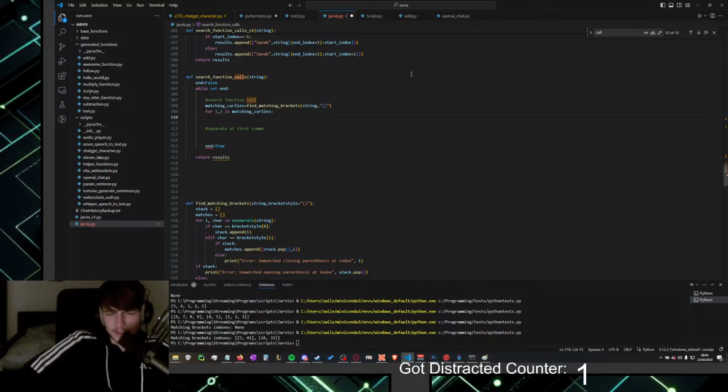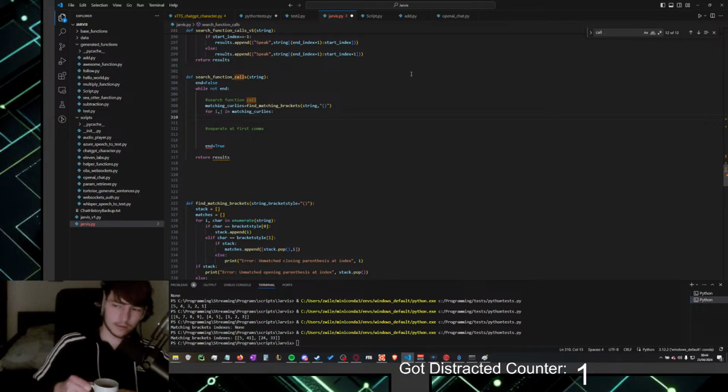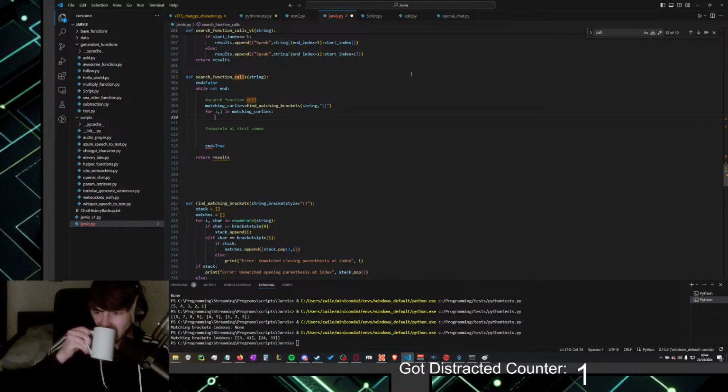I need a way to check if there's a dictionary in there. I can't just iterate over all of them, because if there are brackets within brackets, then I do things with that one and then do things with that one, and that will break everything and destroy, I don't know, America or something. How do I check? Do I need to make a new variable for that? That'll be annoying.